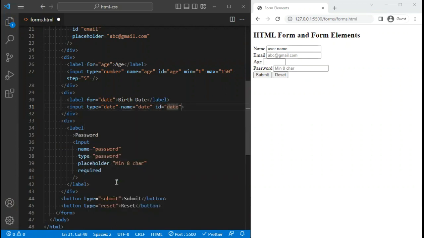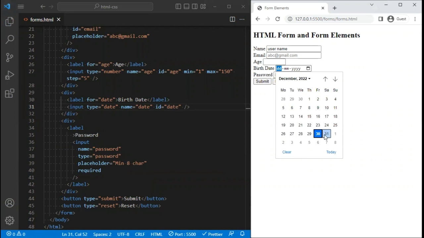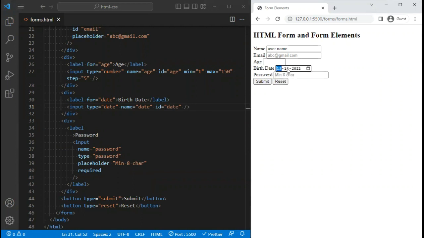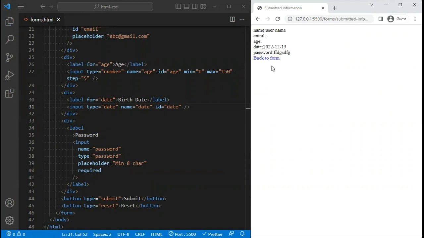ID is date answer. So if I hit save, just look below age. You get this birth date with date, month, year. When you click on this one, the current day, current date pops up. You can select it from here, the 13th, 12th. And if I enter something over here, and if I submit, you see the date has been received by year,